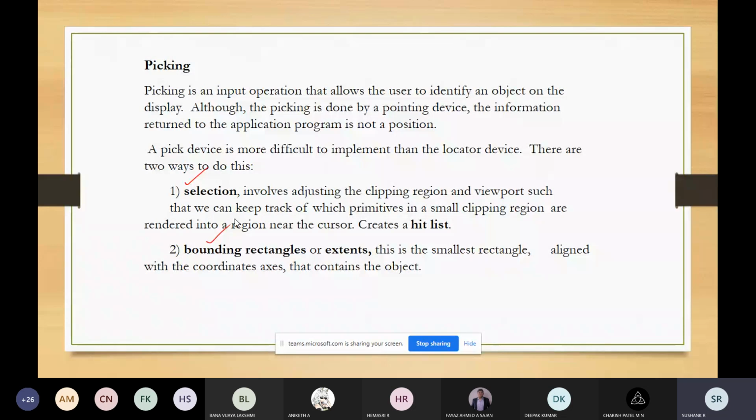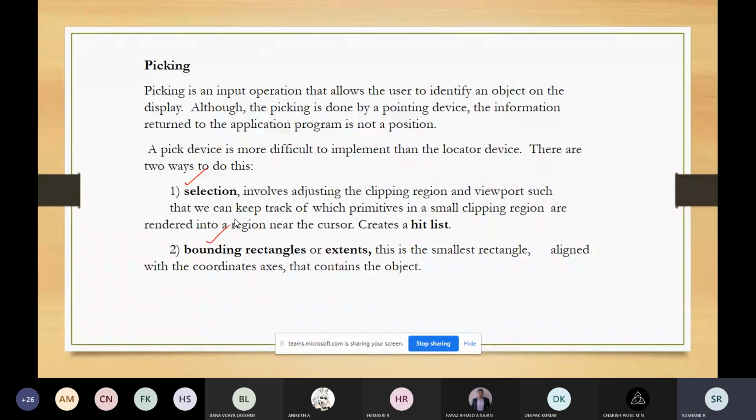In this approach, the smallest rectangle which is aligned with the coordinate axes will contain the object. If it is a 2D object, it will be easy to determine the rectangle in the screen coordinate system, which corresponds to the rectangular region in the object coordinates.